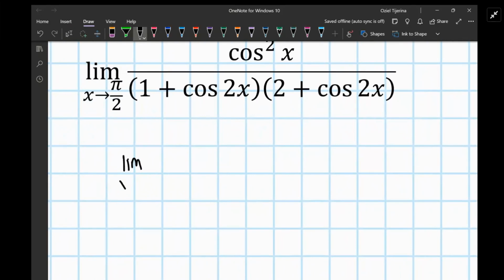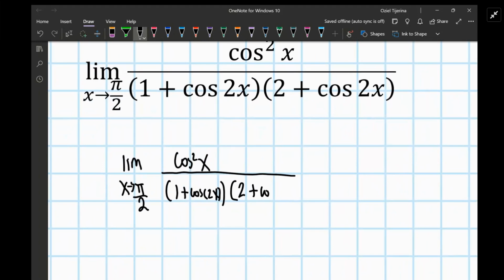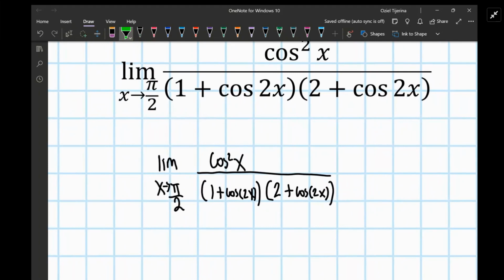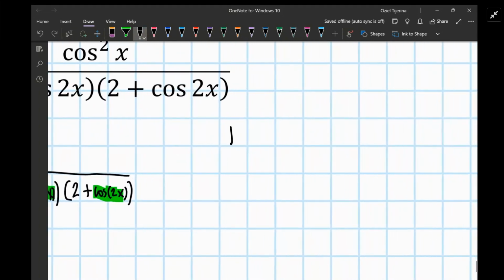We have the limit as x approaches pi over 2 of cosine squared x over the quantity 1 plus cosine of 2x times 2 plus cosine of 2x. And so here we're going to go ahead and simplify. The first thing I'm going to do is get the cosine of 2x in terms of cosine. If you remember from double angle identities,